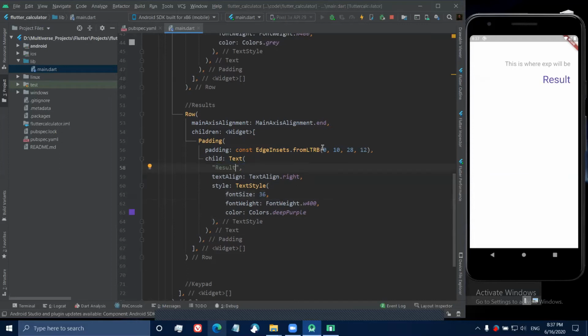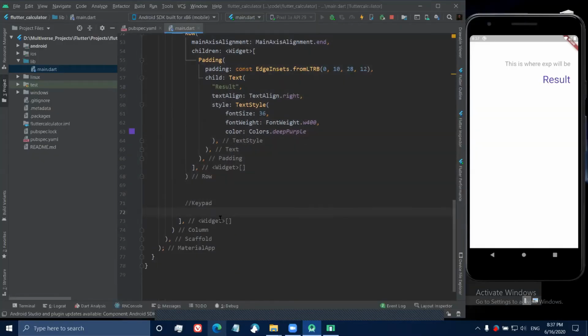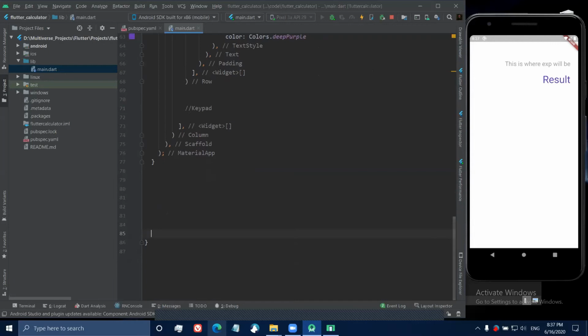Now all I want to add is this number pad with these buttons, right? So here, instead of defining the whole keypad here, we'll just make a new method or a function. So instead of logging this UI, I'll be defining it into a new function. I'll say get keypad, and it will be used here, right? So I'll just return,